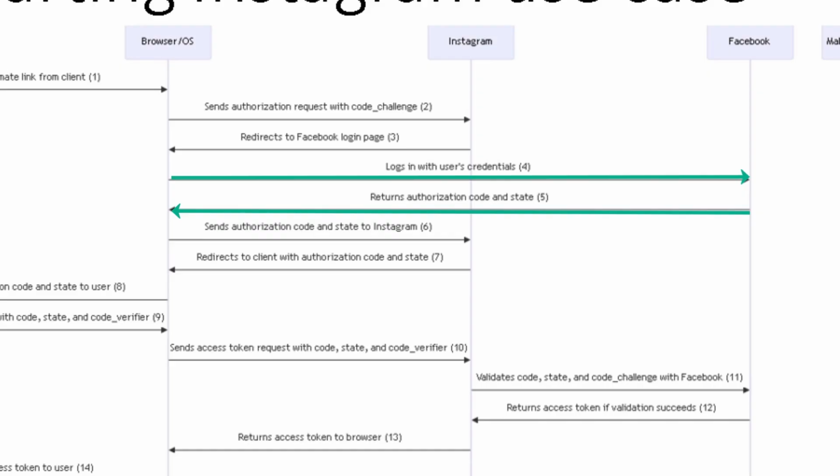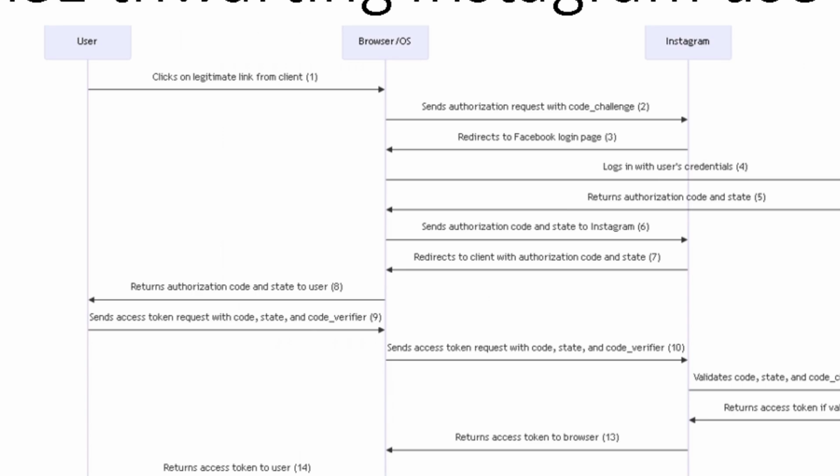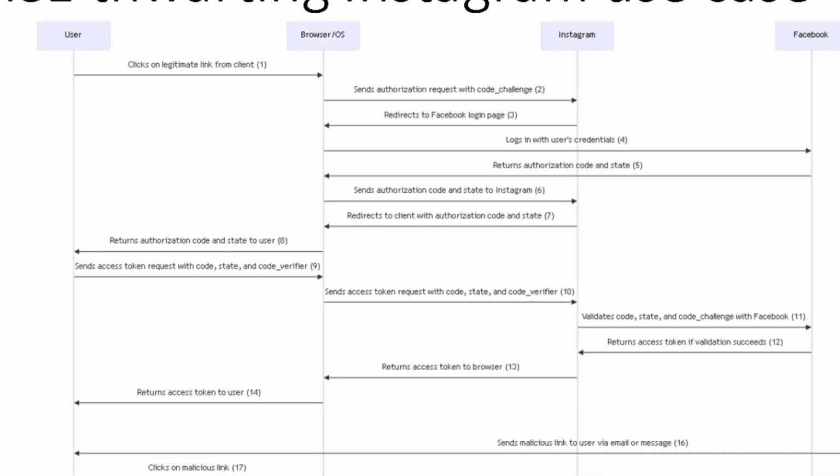So now the user's browser or operating system sends the authorization code and the state value to Instagram, which validates them and issues an access token for the user's account. The access token is also appended to the redirection endpoint URI that was specified by the client in the initial request. So Instagram redirects the user's browser or operating system to the client, which receives the authorization code and the